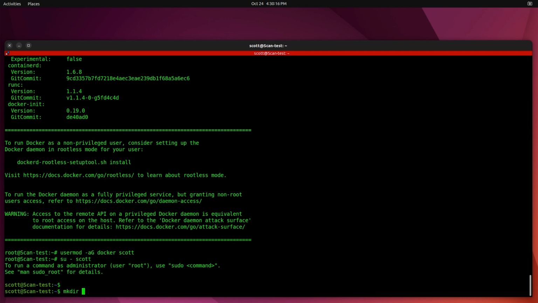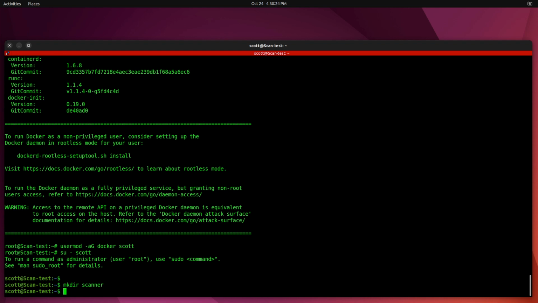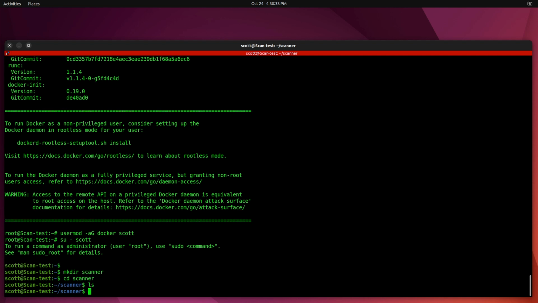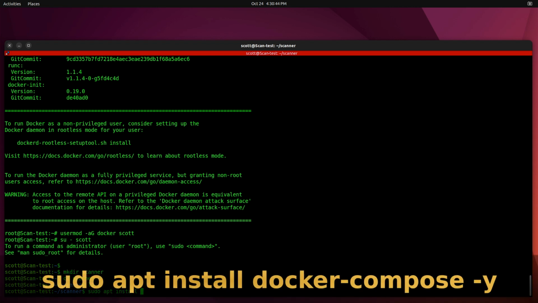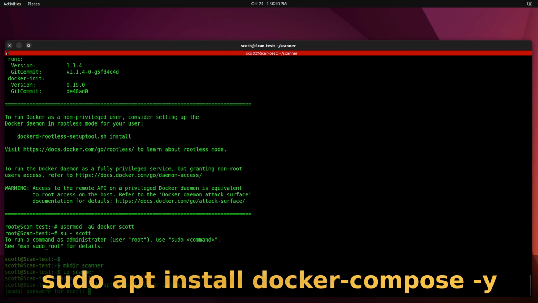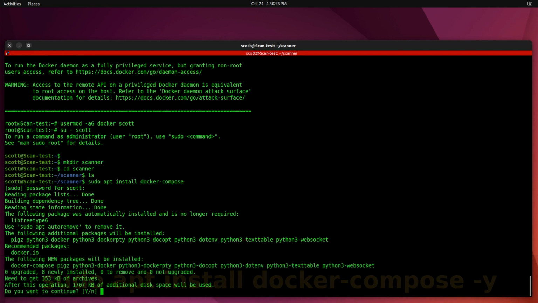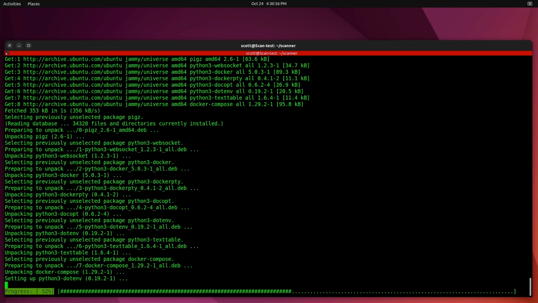Just by convention, I like to do a mkdir on a folder that I'm going to put the files in for the Docker application, and the folder I'm going to create is called scanner, and I'm going to cd into scanner. Of course, there's nothing in the scanner folder yet, but what I want to do is I want to do a nano of Docker. Whoops, wait a second, we're going to have to do a sudo apt install docker-compose, because although we installed Docker, we had not yet installed Docker Compose. So now that we're installing Docker Compose,